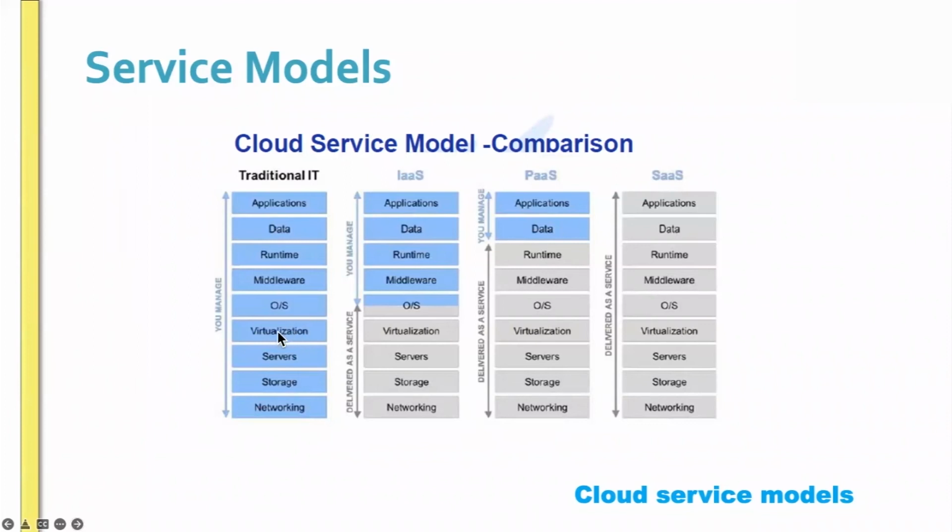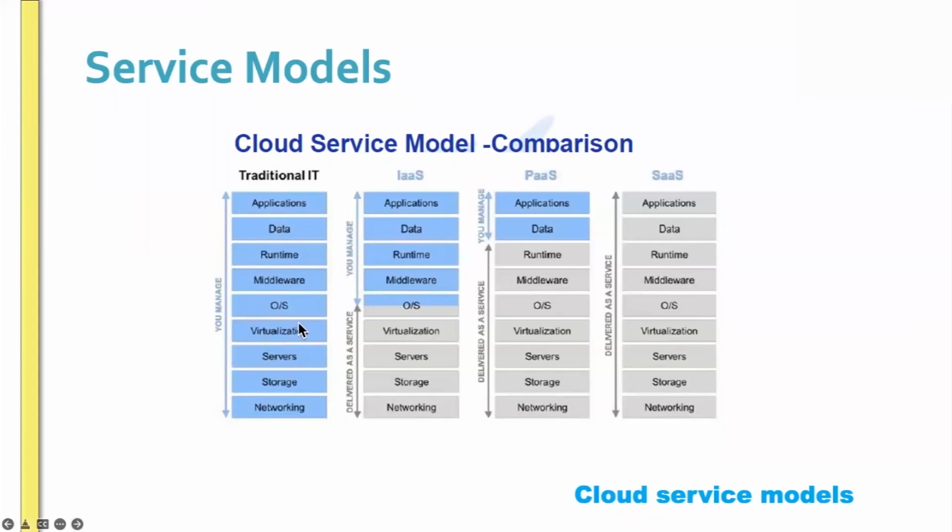Before cloud, virtualization was one of the top technologies for the data center: VMware, Citrix, hypervisor, many virtualization technologies. So if there is any virtualization, you can apply that, and then build the OS and create the application.